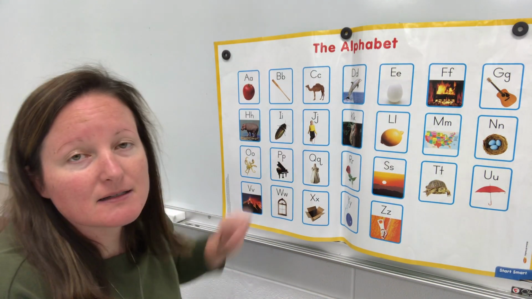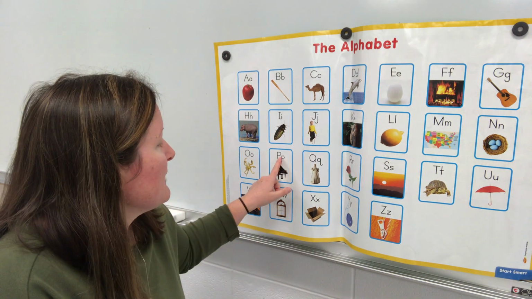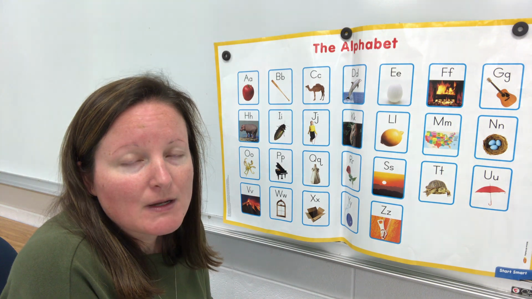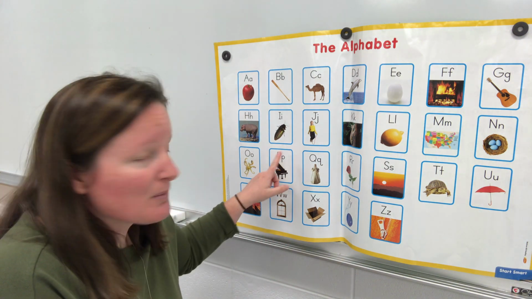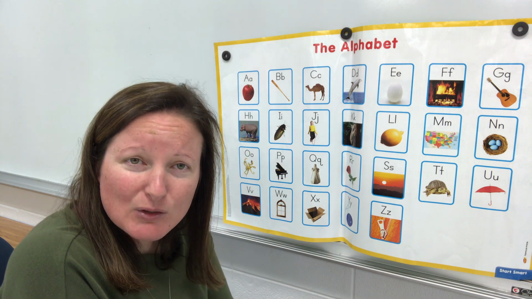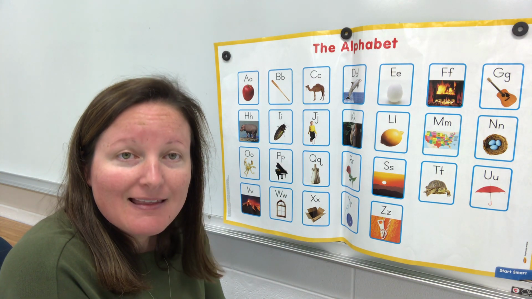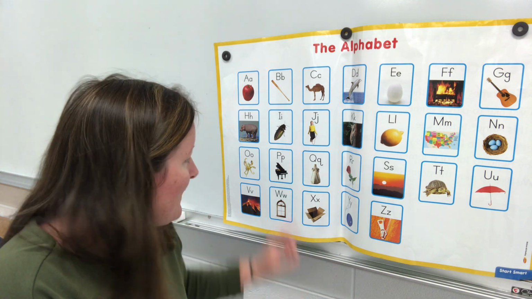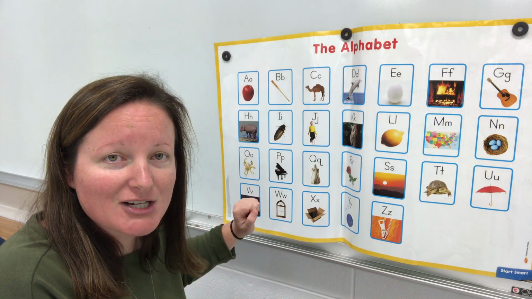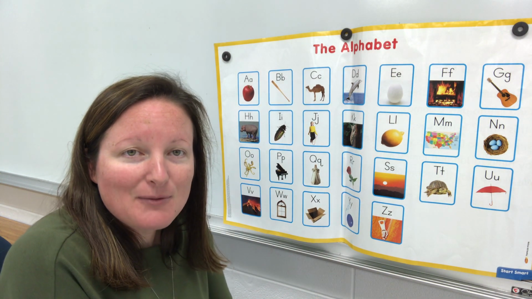Alright, so let's look at our next letter, and it is P. So we have P for piano. So I also want you to search around and see if you can find a capital P and a lowercase p. And if you look at our letter P, capital P and lowercase p, they also look the same. They just sit on the lines differently, okay? But they face the same direction. They have a stick and a circle. So they look the same.